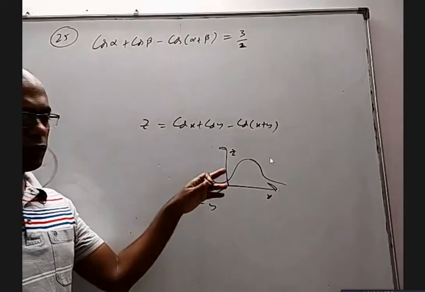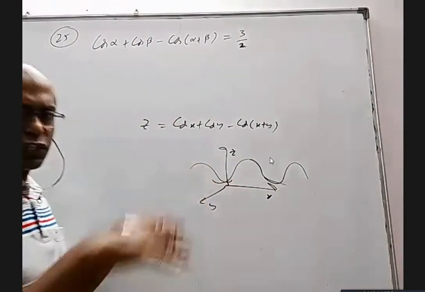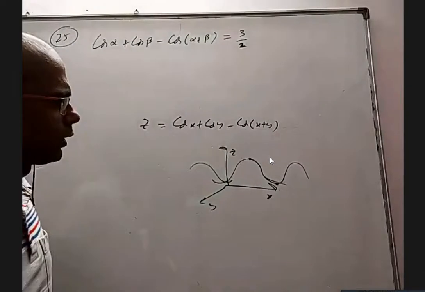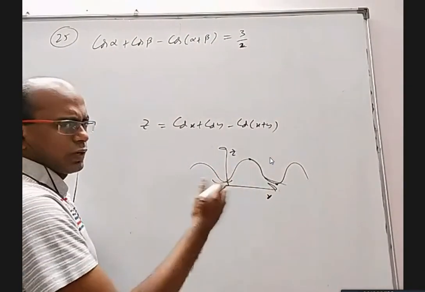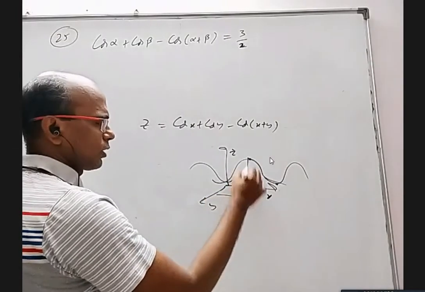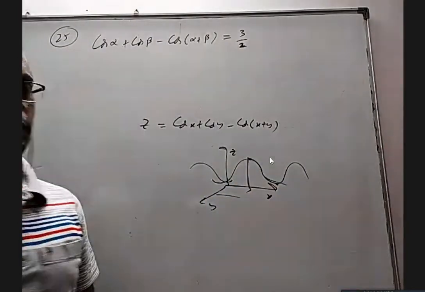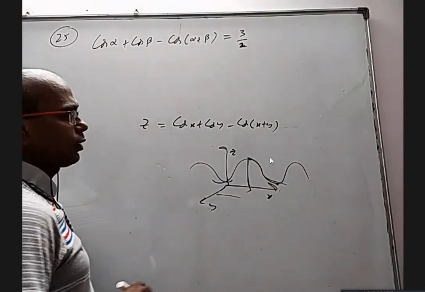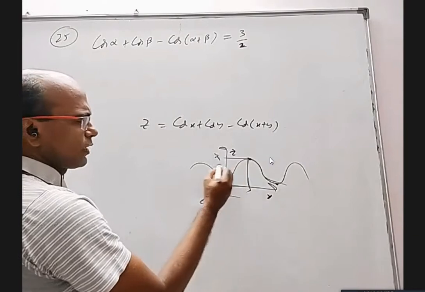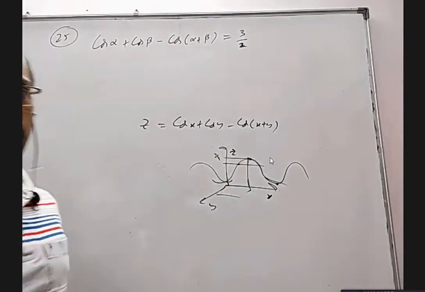Now what I want to show here is that it is actually some infinite sheet like this. It will have one minimum value and one maximum value. If we take only between 0 to 180 degrees or something, the maximum will happen for a particular x and a particular y, and similarly the minimum will happen for a particular x and y. But now, let us say this maximum value is 3/2. Instead of 3/2, if it is 1.4, it will not happen for one particular x and y. It will happen for infinite values.